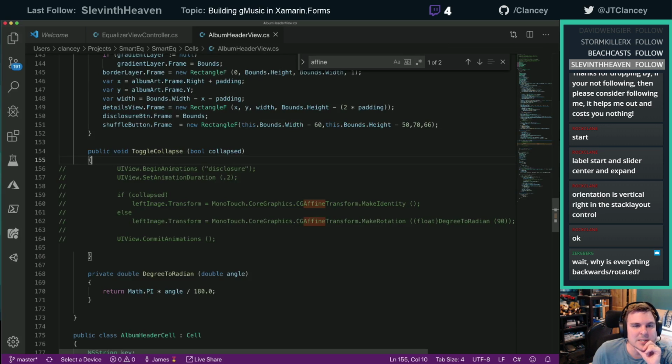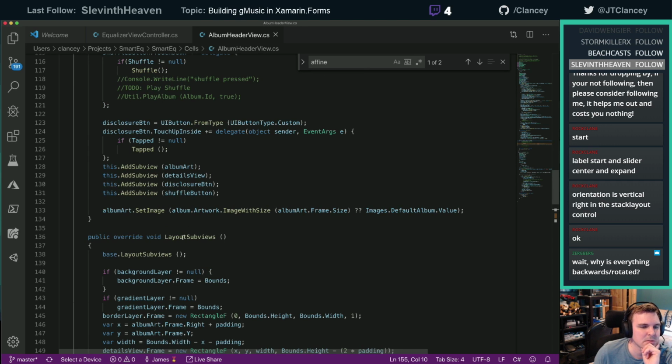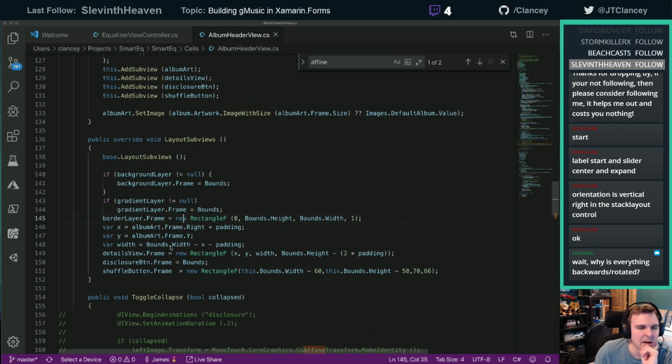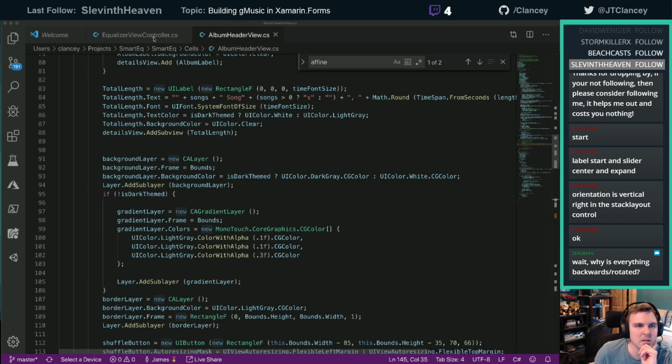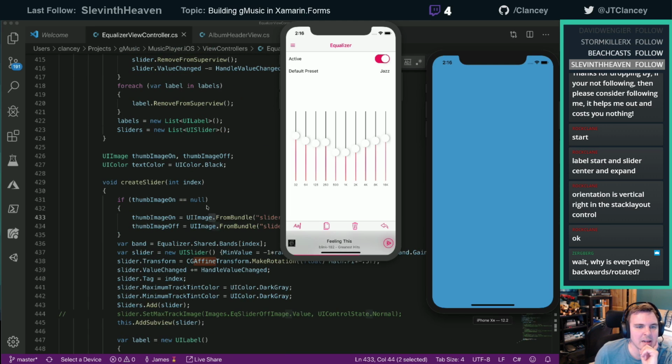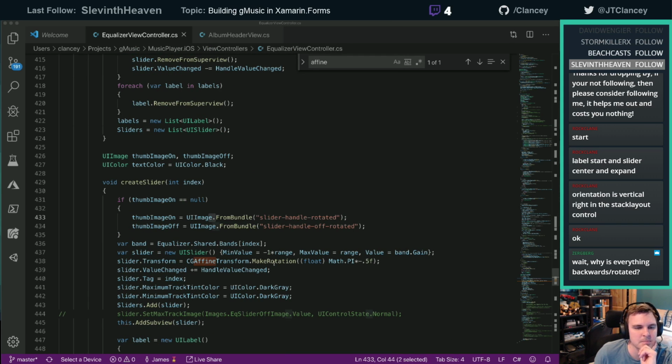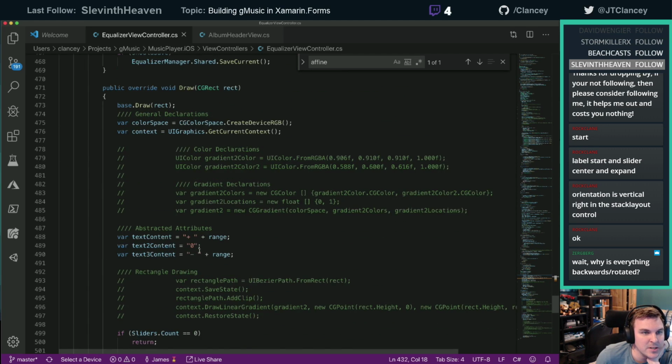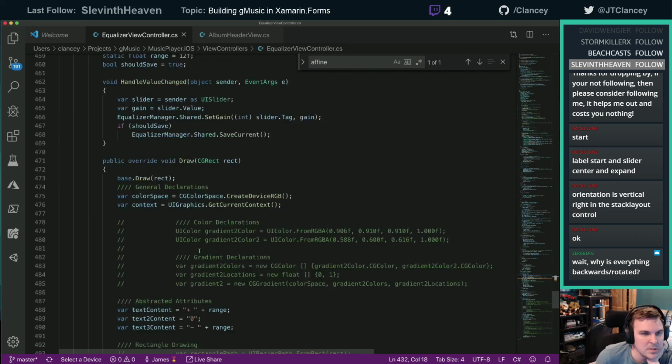So in iOS, when you rotate, I just throw a transform, right? See, here's where I had to do the make rotation. Math times minus 0.5. And now during layout, where's layout?